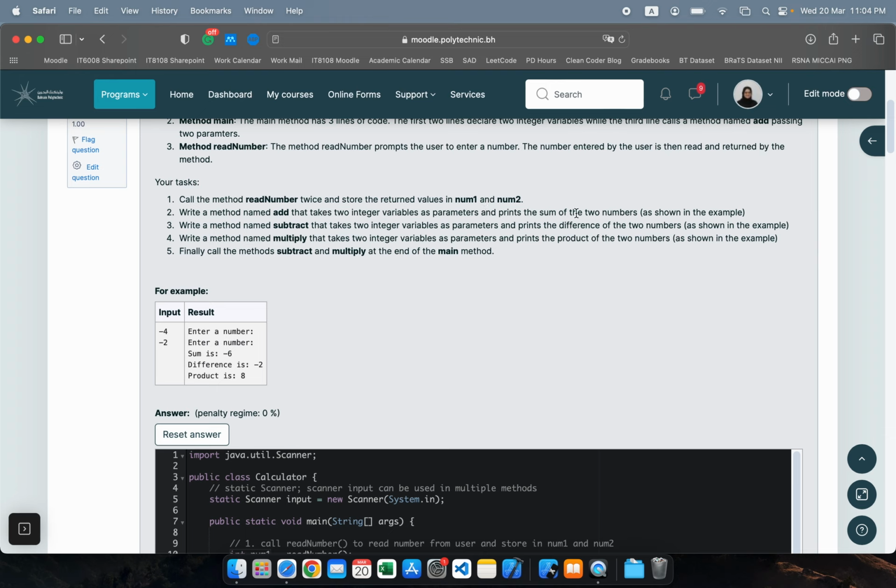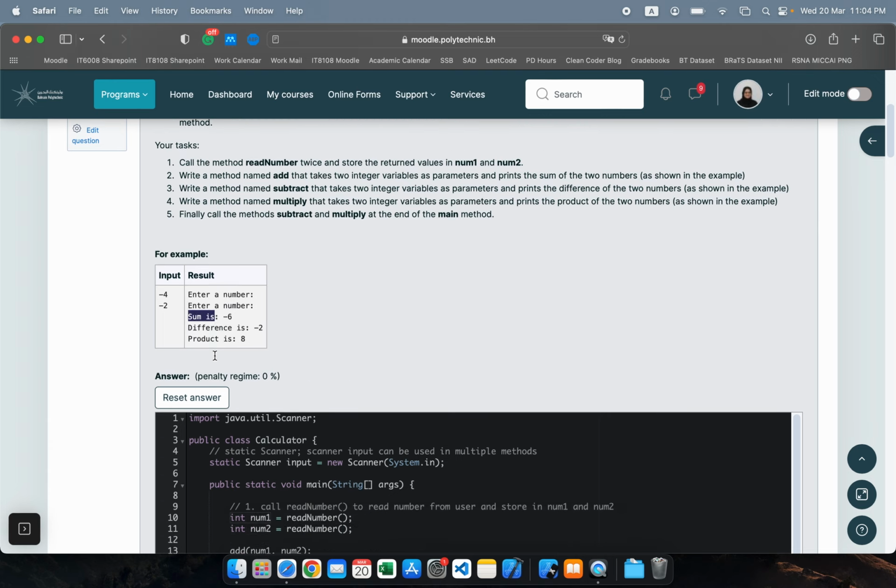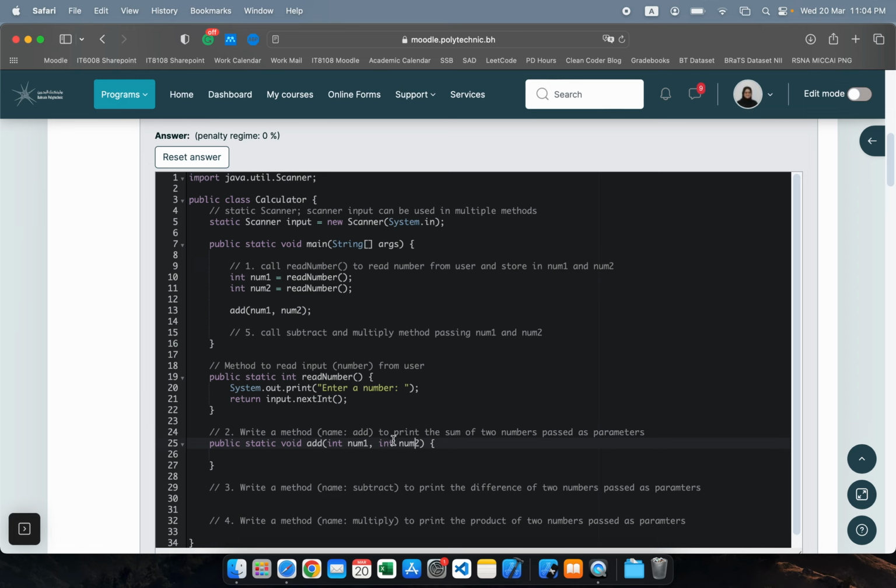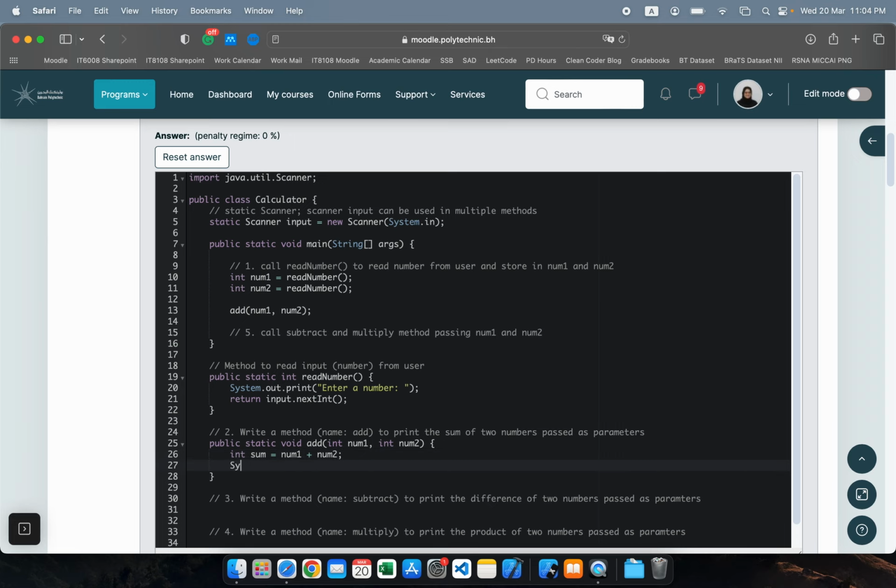It should print the sum of the two numbers as shown in the example. So the numbers that are provided, you need to print the sum for those two numbers. So these two integer variables or parameters that are provided, you need to print the sum of those two numbers. Now it would look something like this. For example, int sum is equal to num1 plus num2, and then finally